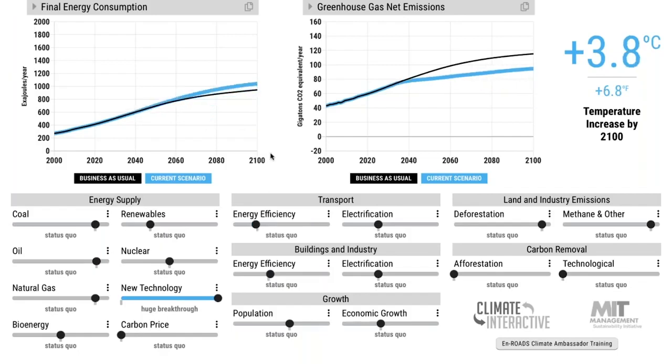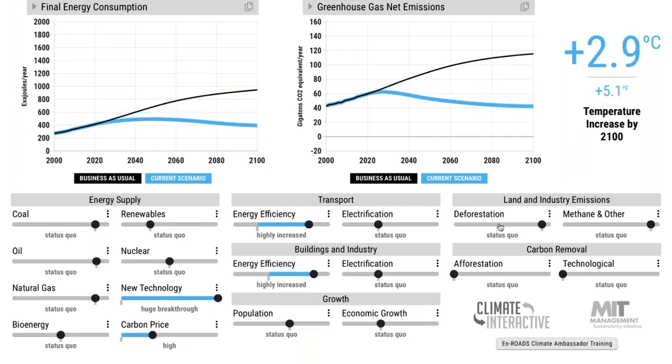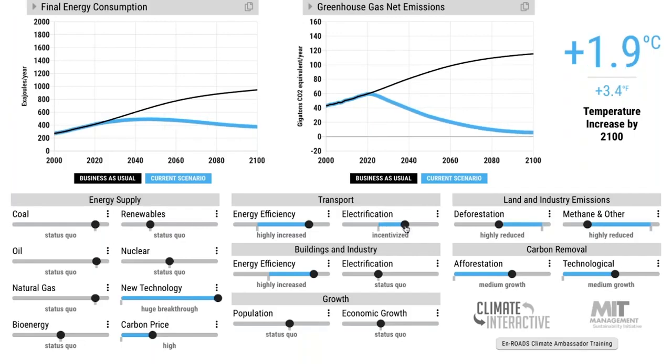We need it actually going down. So two big reasons: the slow turnover of the energy infrastructure, and secondly, a rebound effect, lead to a relatively modest contribution. Now, mind you, it still would be great if we had that contribution, but we also need to couple it with energy efficiency, perhaps a carbon price, deforestation, afforestation, methane, and many other things to get us well below 2 degrees. So that's the answer on renewable.